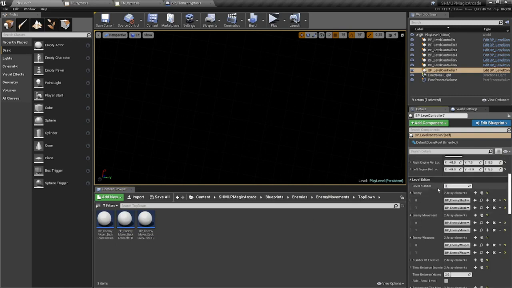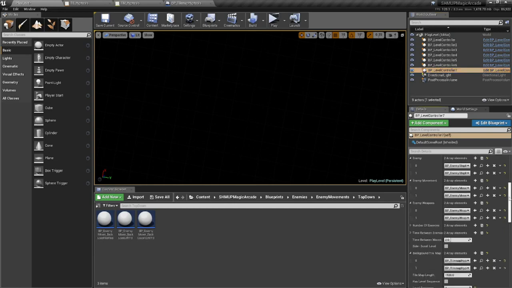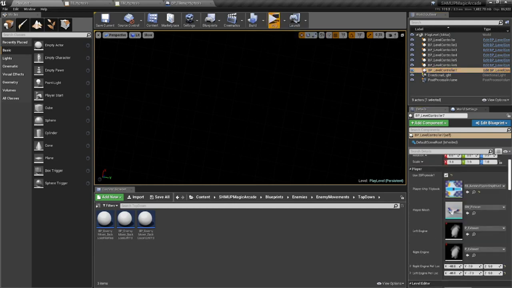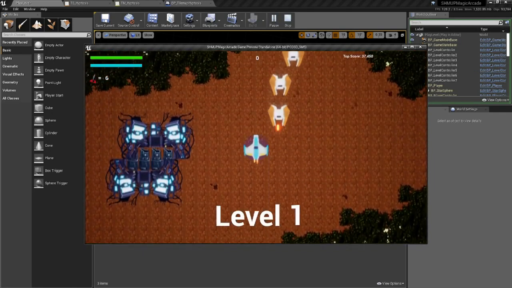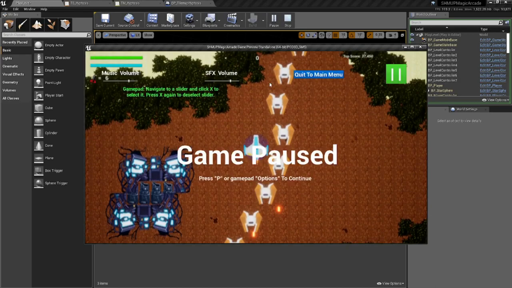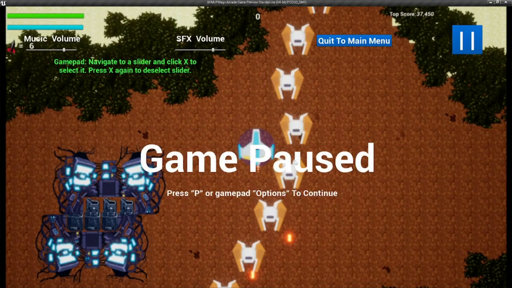Alright, you want to make sure the level number we're working on is changed to 1, and then make sure 1 is changed to the level number that we're working on, so that way it plays our level first instead of the original first level. And that's the tile map we made. If you hit pause, sometimes you'll see some flashing in here, and if you maximize the screen, it usually takes that out.